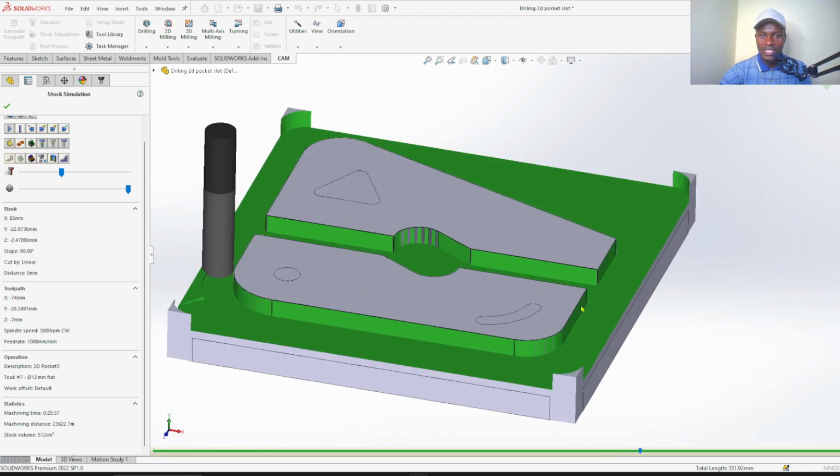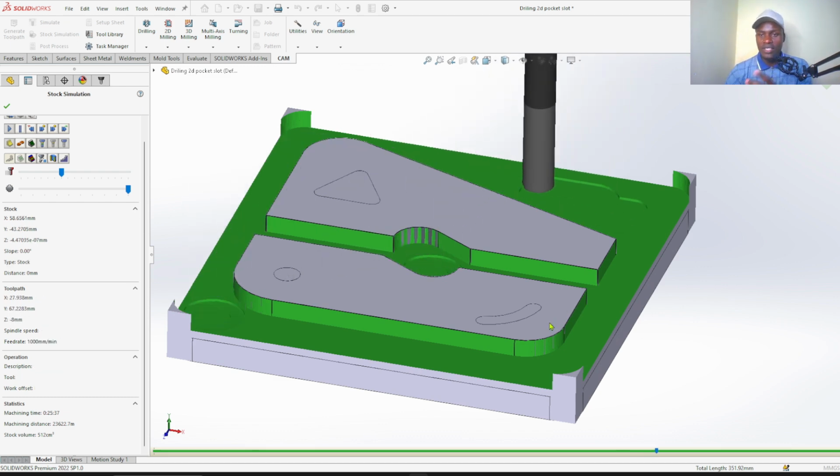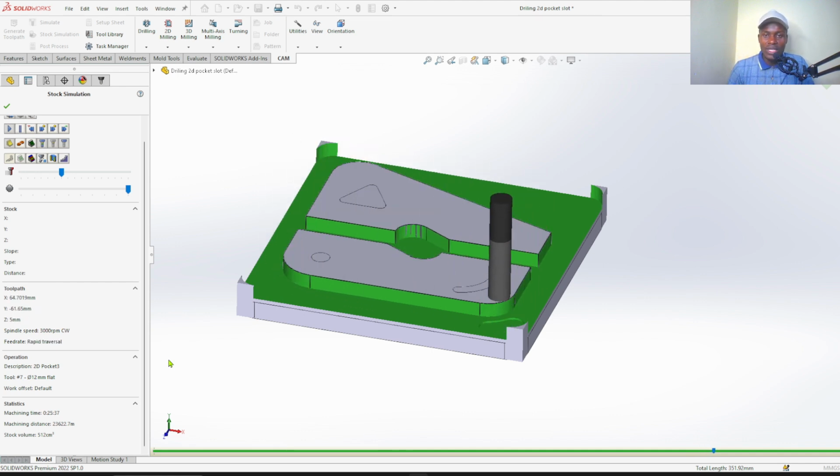So when designing or drawing, one thing to consider, for example, the width of this workpiece, the maximum, was around 160 mm square. So you need to add an allowance of 10 mm to be around 170.